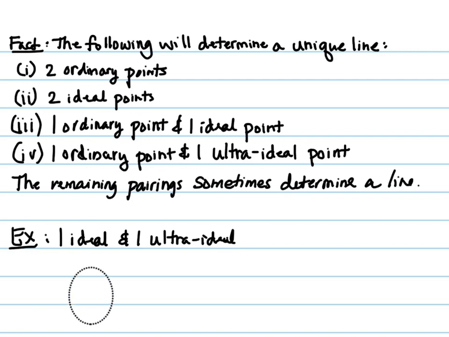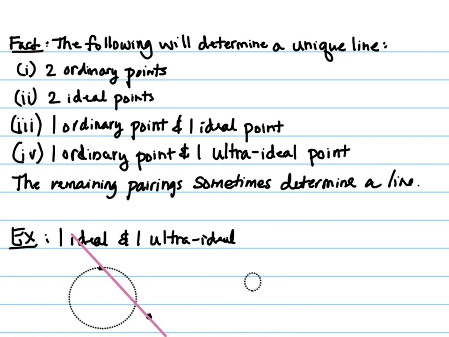So a couple of things could happen. One of the ideal points, let's say, could be here, and the ultra ideal point could be over here, and then they form a line, right? Remember, the line still has to be inside of the circle. However, it could be